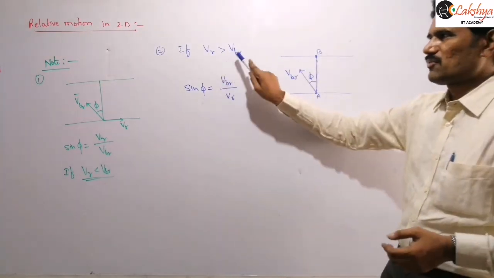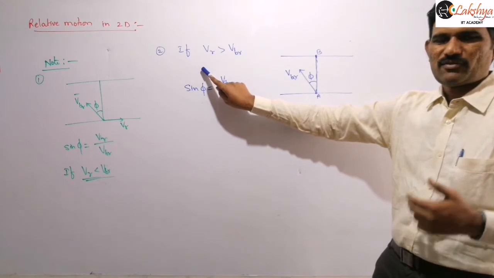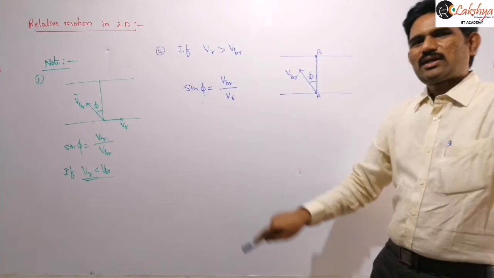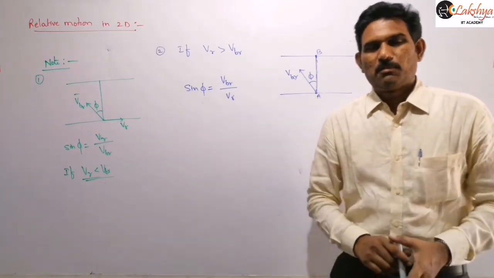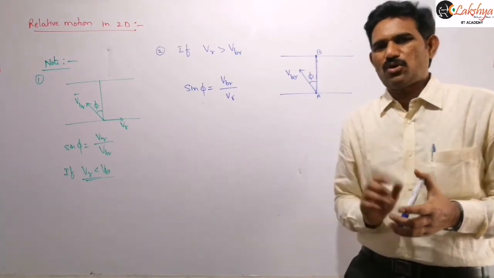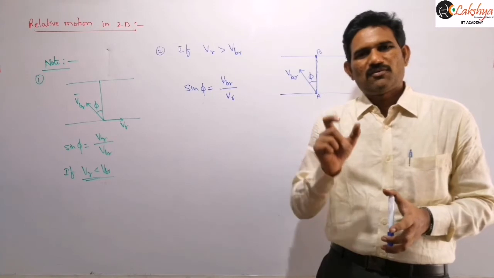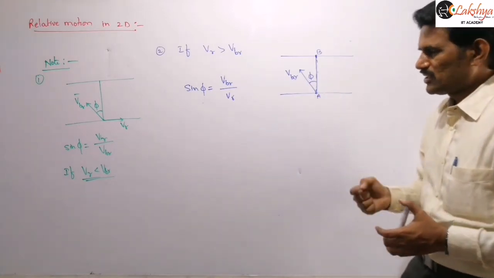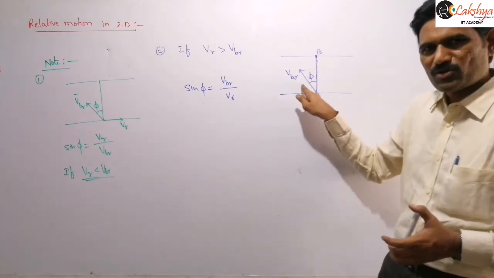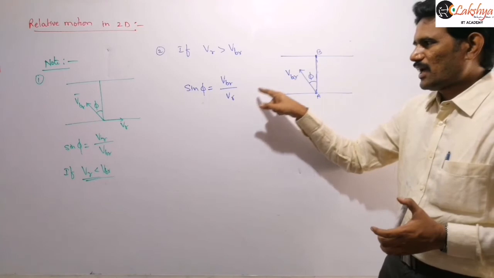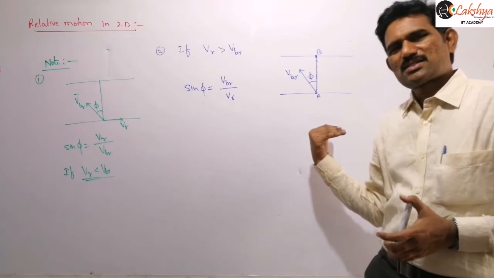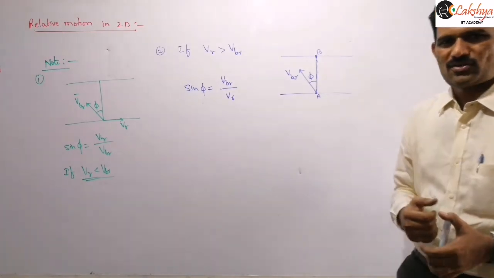And in this case, whenever the velocity of the river is greater than that of the boat with respect to water, we concluded that the boat cannot reach the directly opposite point. But if the person wants to reach the opposite bank, the nearest point to the opposite point, that means with the minimum drift, he should start his journey at an angle of phi with the normal to the direction of river flow. Again that angle is given by sin phi equal to VBR by VR. And again if they are asking with the direction of river flow, 90 plus phi we need to answer here.